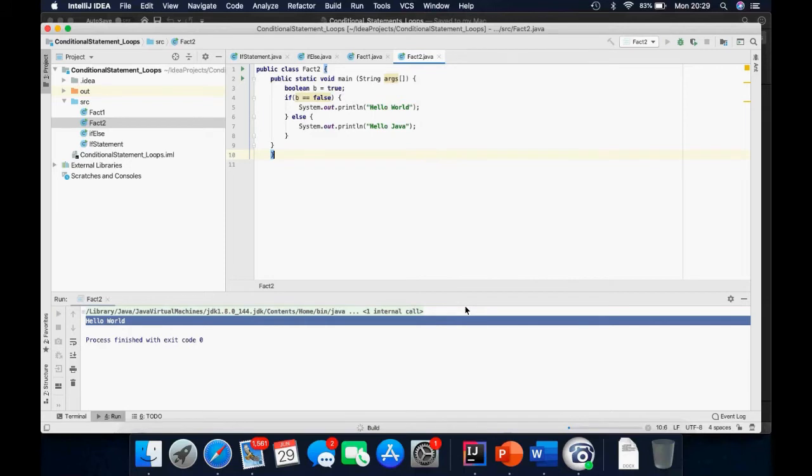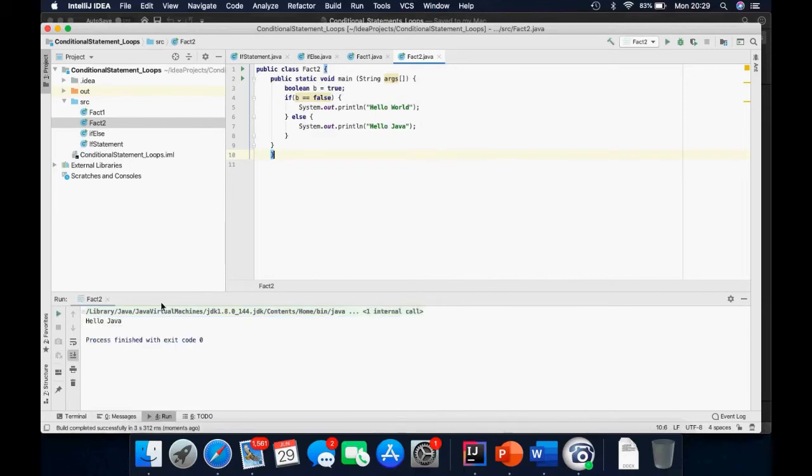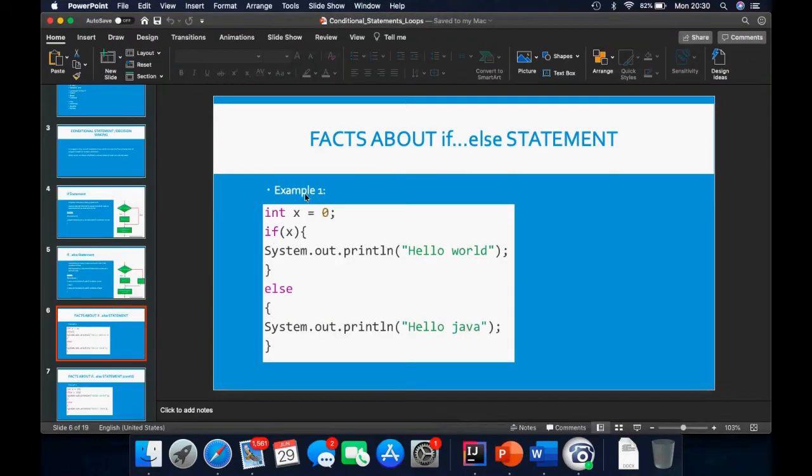This is run, and this is Hello Java, which is the else part printed out, and that is correct. So moving on to the next part of our slide, we've covered example 1, which is obviously invalid because the